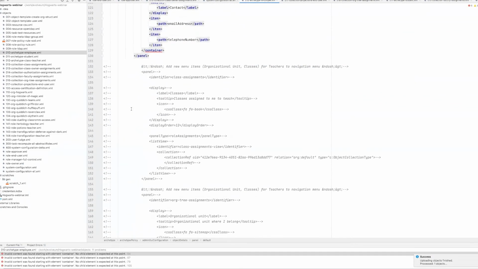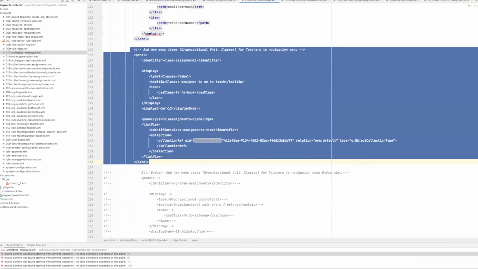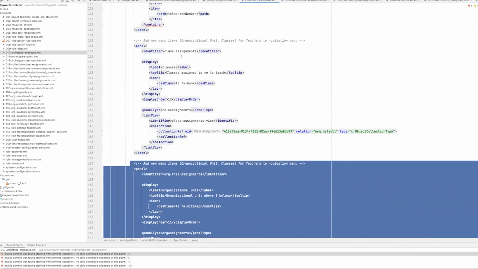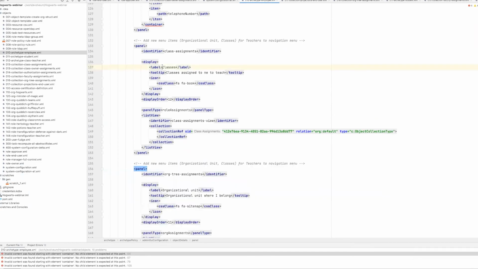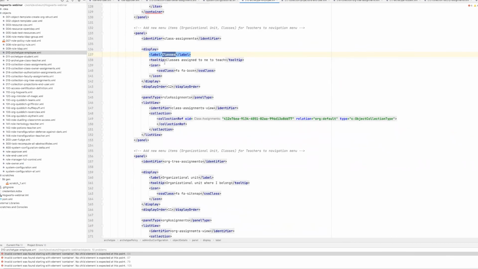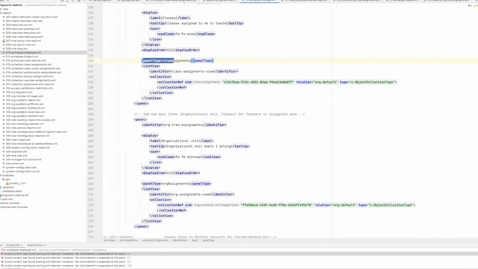When we open the employee archetype, you can see here and here prepared configuration. So we are going to add two new menu items. One which will be displayed in the details navigation menu under this one actually. So one of them will have a display name set to classes, and we will use the book icon, and we will use panel type role assignments, which is also one shipped with MidPoint, and we will use again